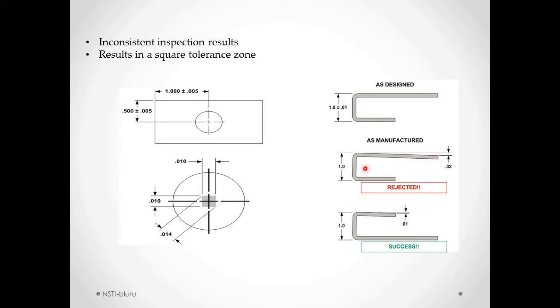But when we want to pass this component, we need to see how much the tolerance is only for the feature, irrespective of the size. Then the component is a success. You can pass the component. So these are all the key concepts of why we need to use GD&T.